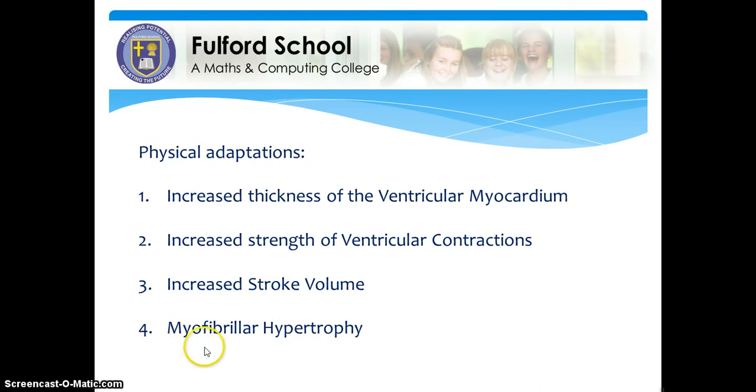And we also get myofibrillar hypertrophy. Hypertrophy, we know, is a term for when something's getting bigger. What you need to be aware of here is that the myofibrils are muscle fibres. You've got fibres within all of your muscles, and they are sometimes referred to as the myofibrils. Those myofibrils are the things that are getting bigger here, which is therefore giving us the cardiac hypertrophy that we talked about previously in the aerobic system, with the heart actually getting bigger itself. So it's these fibres within the muscle that are getting bigger that are having these impacts here.